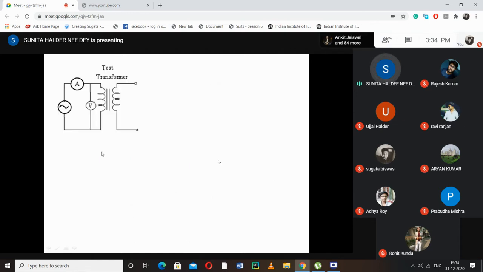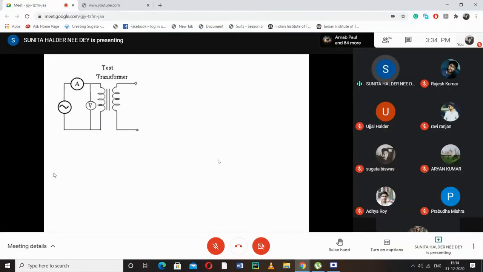Now you see what will be the circuit. If this is the test transformer and I would measure the current, then I would connect an ammeter in the primary, and to measure the voltage, a voltmeter in parallel on the primary side. But here we don't want to measure the current, but to observe it in the oscilloscope. The oscilloscope does not understand any current. It can sense only voltage. There is only voltage input in the oscilloscope.